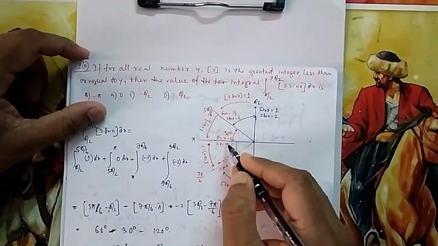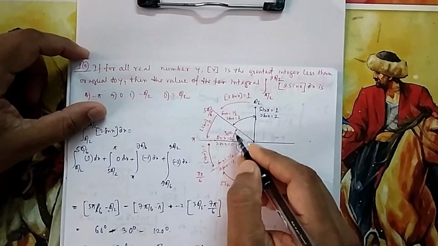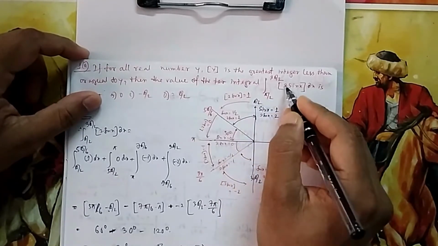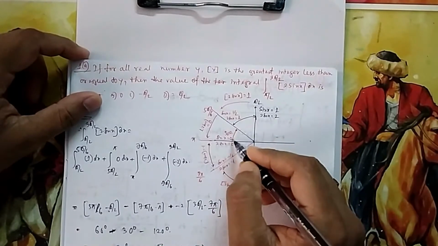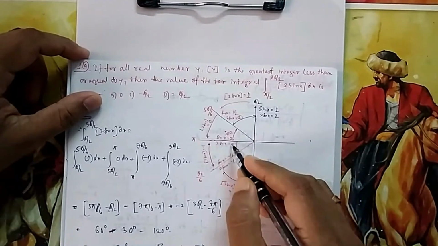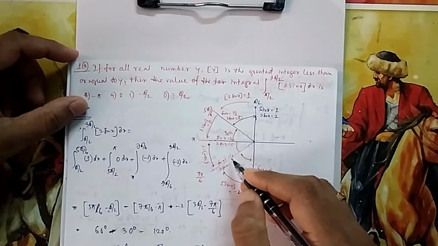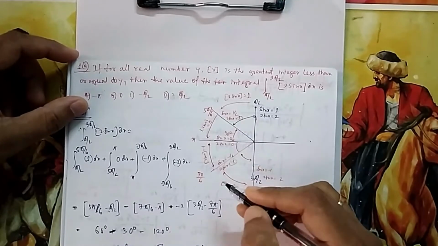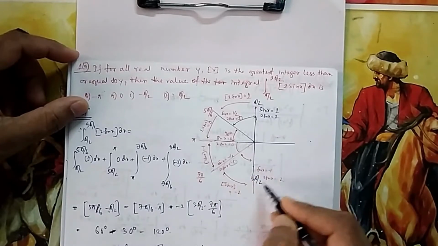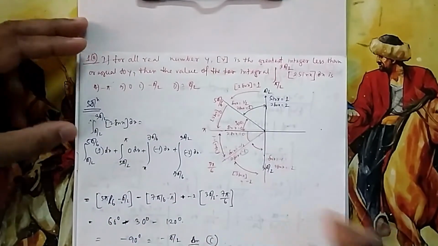Here sin x is 1, here sin x is half, so 2 sin x is 1. Here sin x is 0, so 2 sin x is 0. So from here to here your input is from 1 to 0. And from here to here, because it is minus half, 2 sin x will be equal to minus 1, so you are putting from 0 to minus 1. And from here to here, 2 sin x goes from minus 1 to minus 2, because here sin x is minus 1. So I have separated all these 4 intervals.